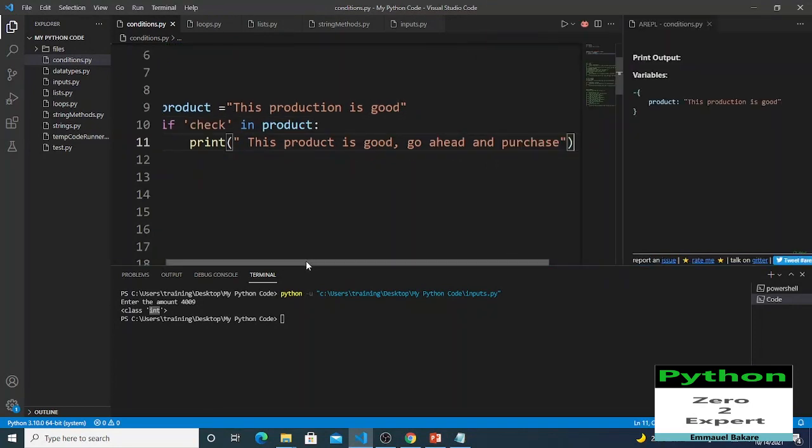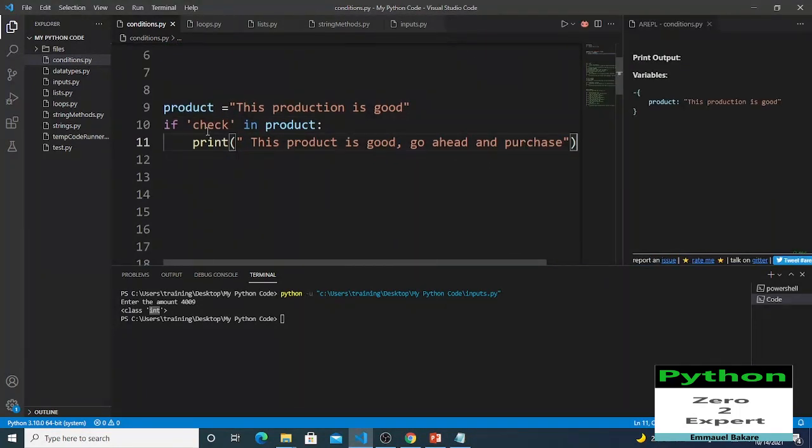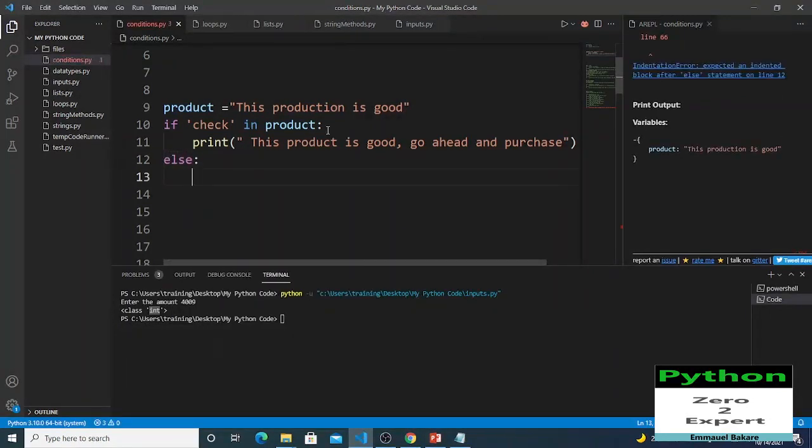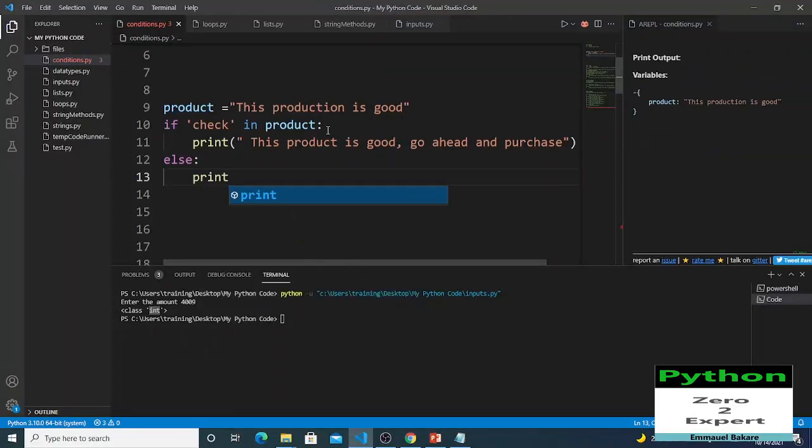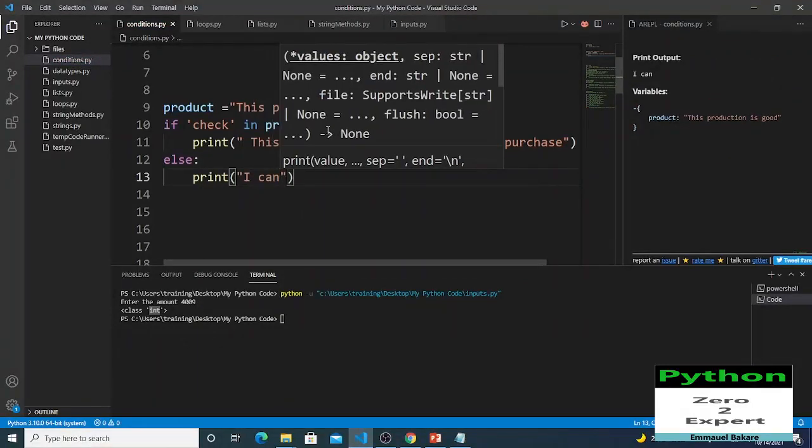Because the word good is in product. From the example we gave, you would notice if we put what is not in product, it is not going to print out anything. So this is where we need the else statement. Else means, if you can print out this, if this condition is not met, then what is the alternative? Or if the condition fails, what is the alternative? That's where you put in the else statement. Else means if the condition is not met. So that will be print I can't